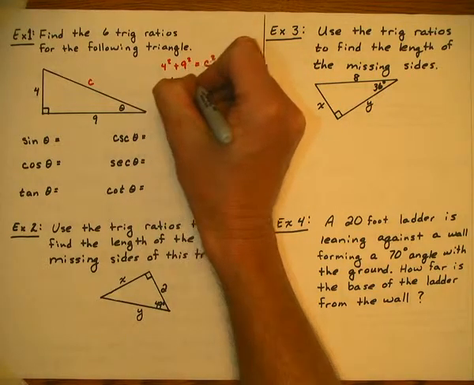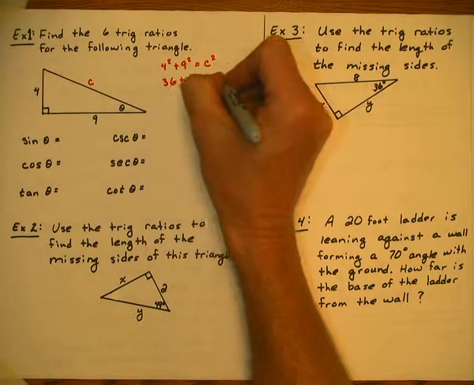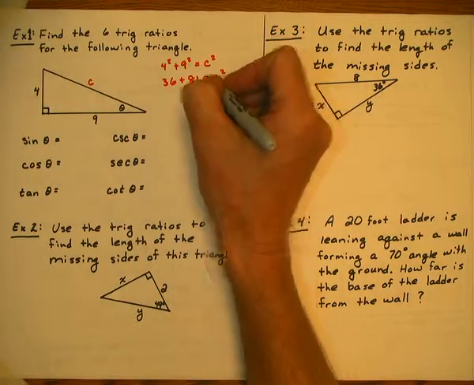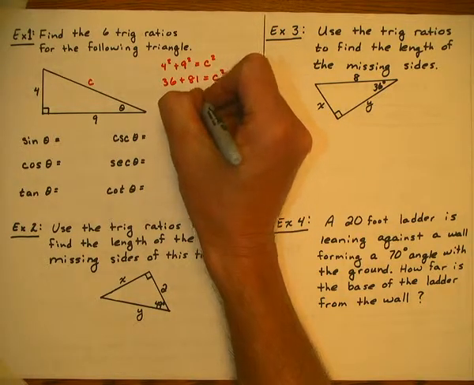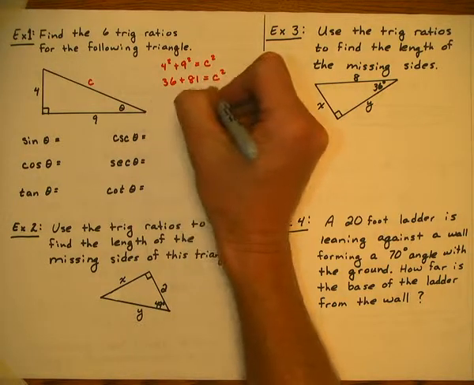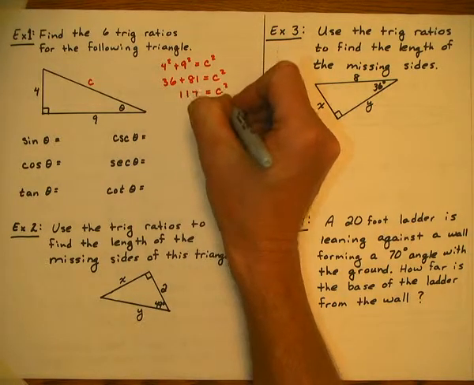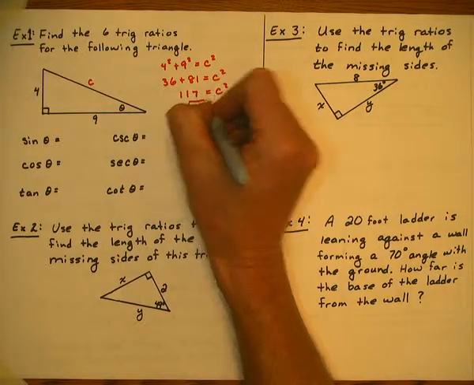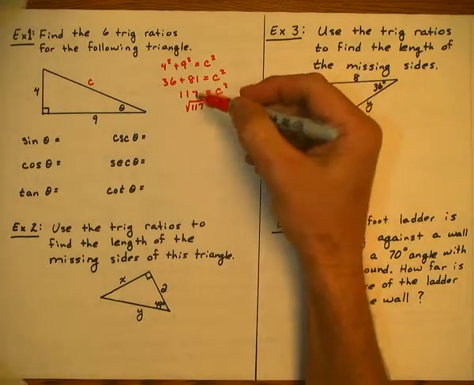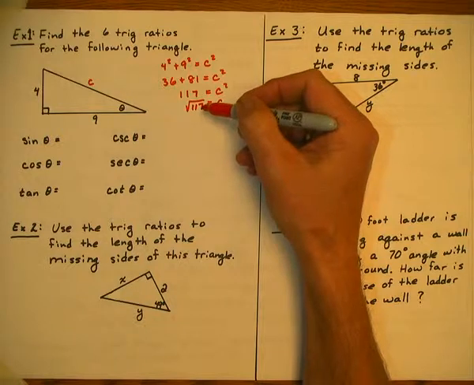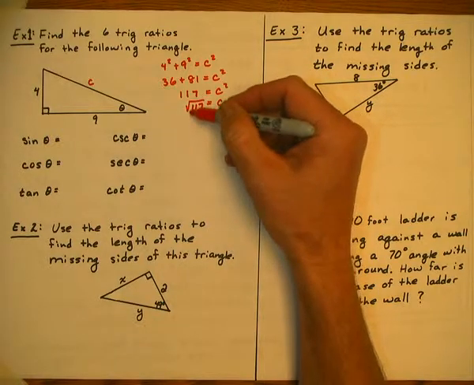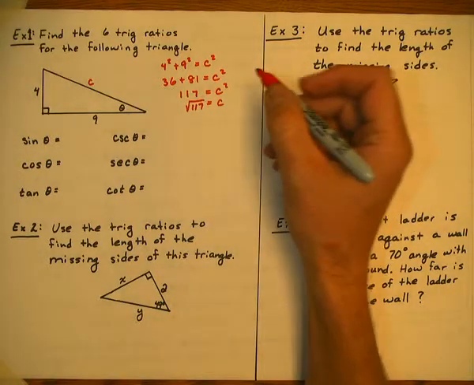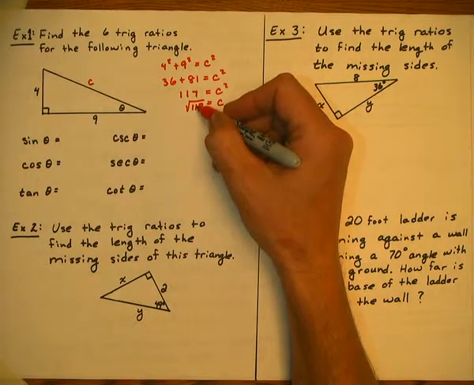So 36 plus 81 equals C squared. Adding these together, you get 117. And so therefore C is equal to the square root of 117. We're just going to leave it in this form